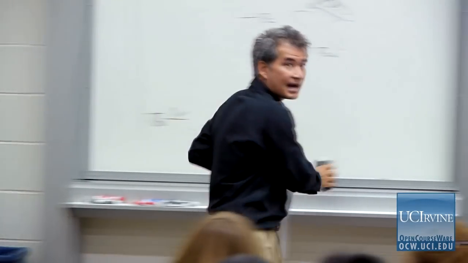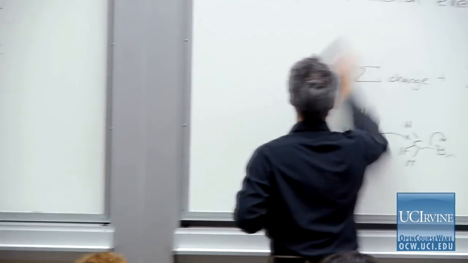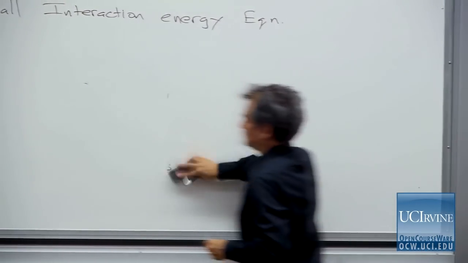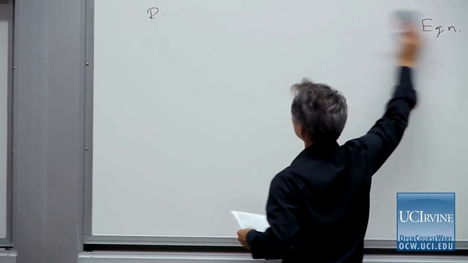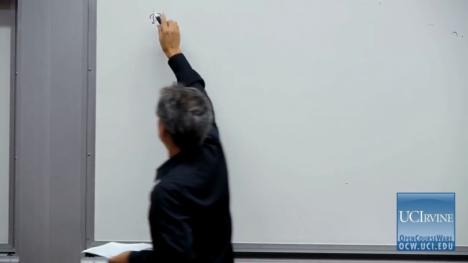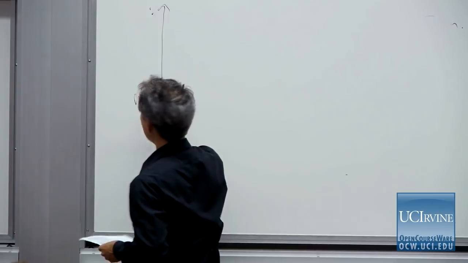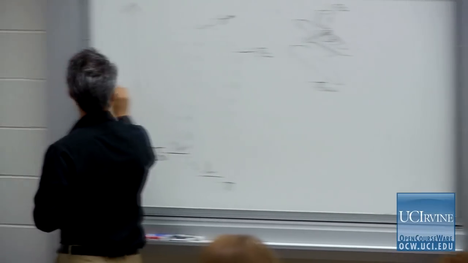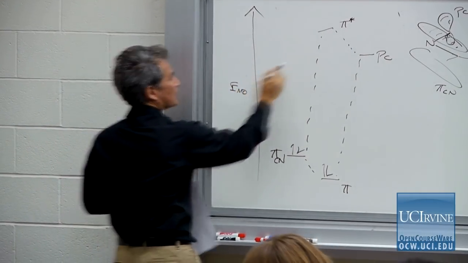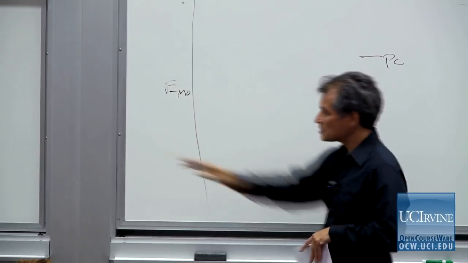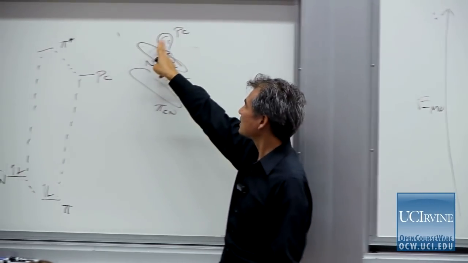Now let me contrast that, and I'm going to try to quickly draw out this diagram because we're running out of time here. Let me contrast that with an alternative scenario. And that's the lone pair interacting. I'm going to try to draw my diagram with the same axis. I didn't label it over here. And I'm trying to make sure I draw my p orbital at exactly the same energy, because that's not different. The carbocation is the same. But instead of thinking about the pi bond interacting with that orbital, I'm going to think about the lone pair